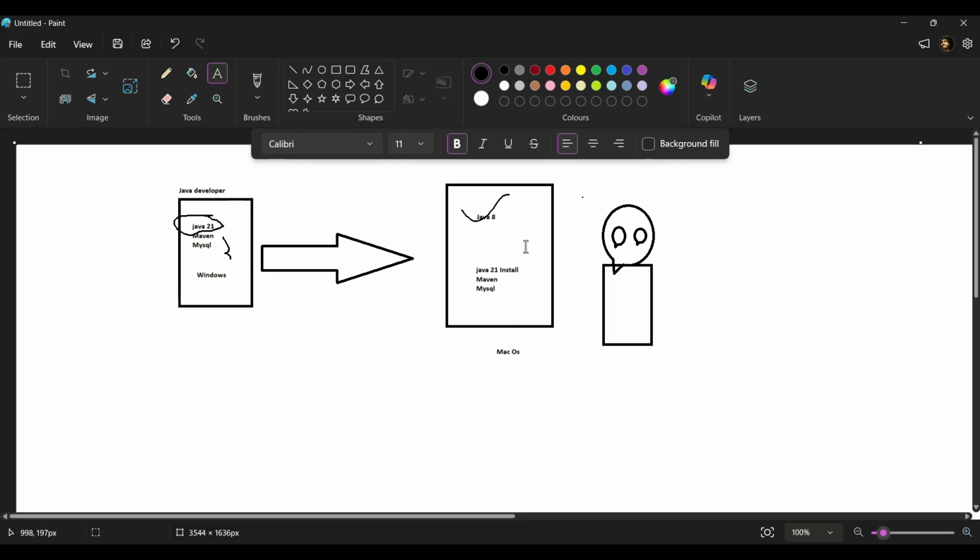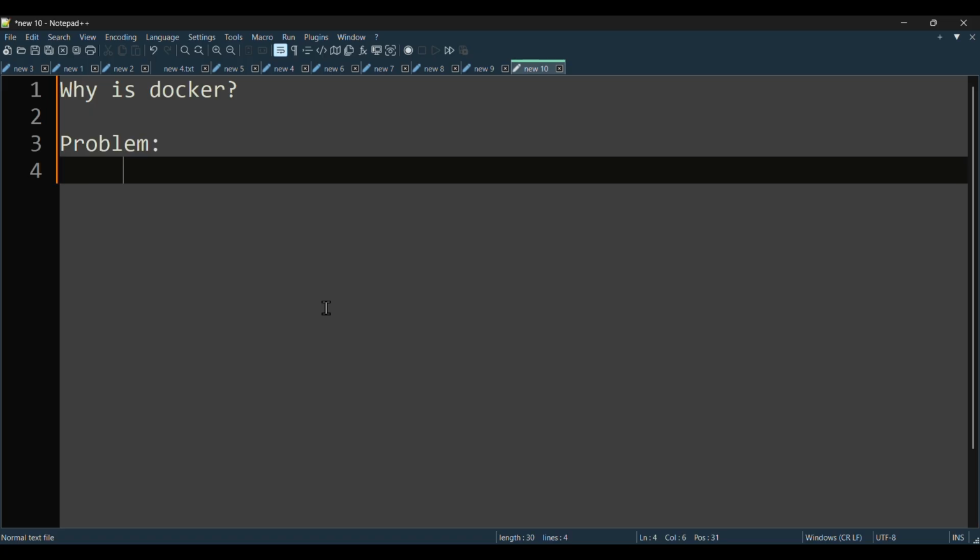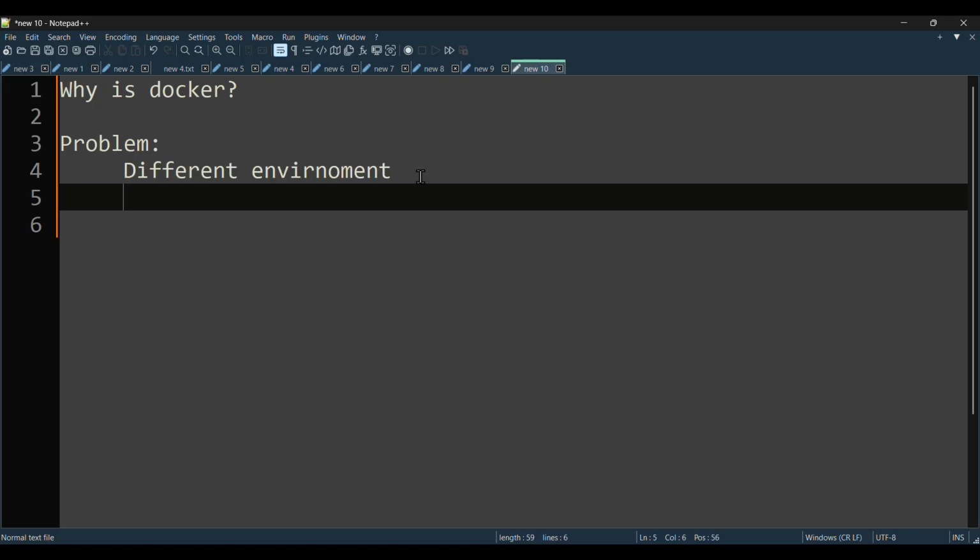When the application does not run, what will the developer say? The application you sent has some issue and is not running on my machine. So what will you say? It is running on my machine. That was the biggest problem faced by the software industry at that time. The problem: every developer has a different environment, a different machine. Someone is using Linux, someone is using Ubuntu, someone is using Mac, and you are using Windows. And also they have different setups, like MySQL